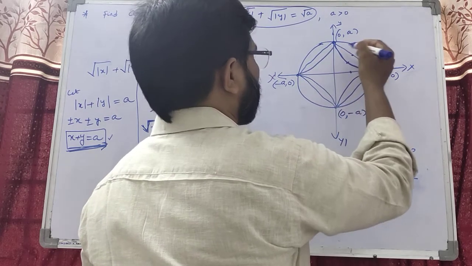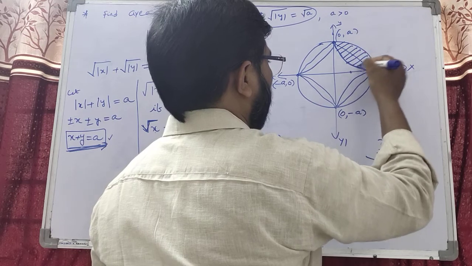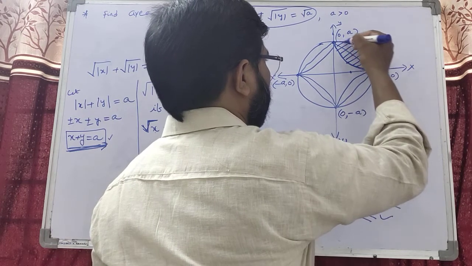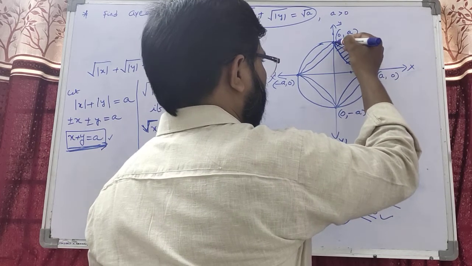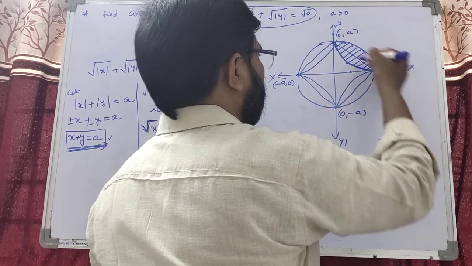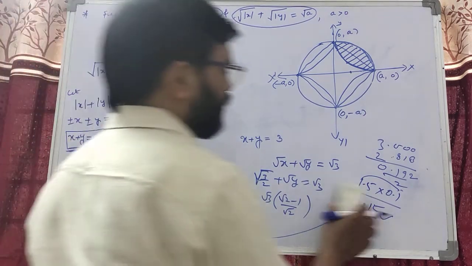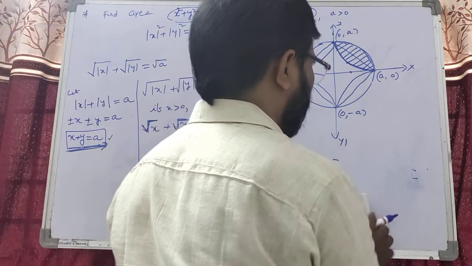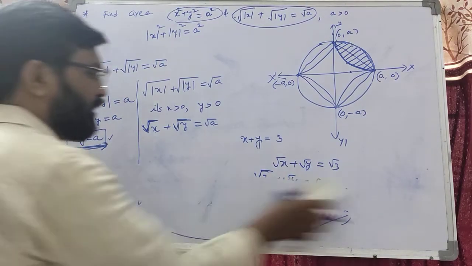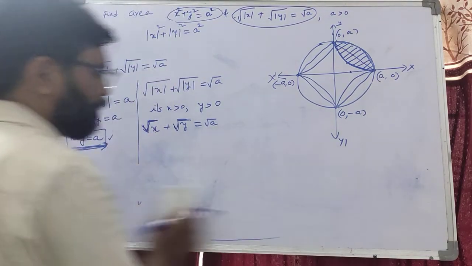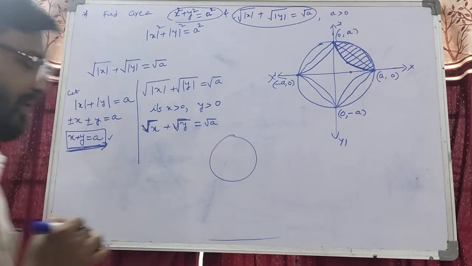Now we have to first find the shaded area. This is the required area. What can we observe, students? This is the circle part, this is the circle area. Therefore we can observe the graph of root x plus root y. You can simply observe after the completion of these three graphs. What do you observe? The circle is like this. The circle graph is this one.